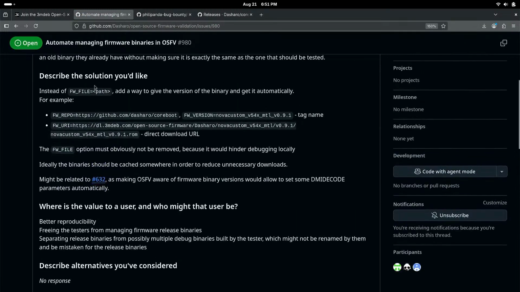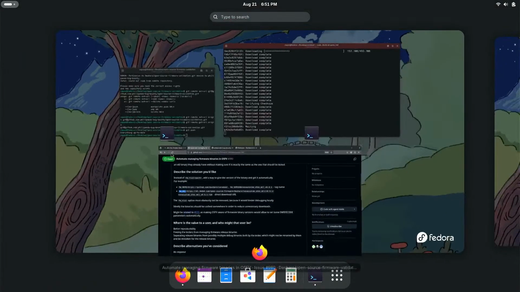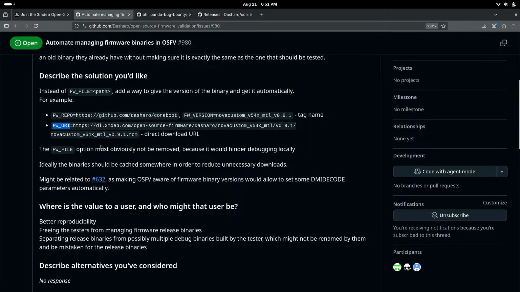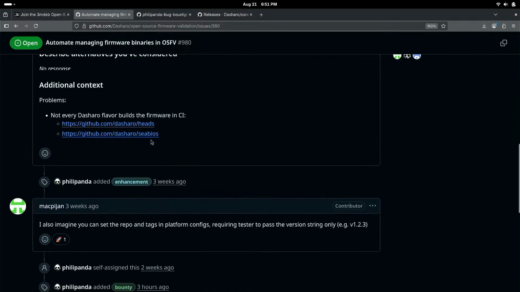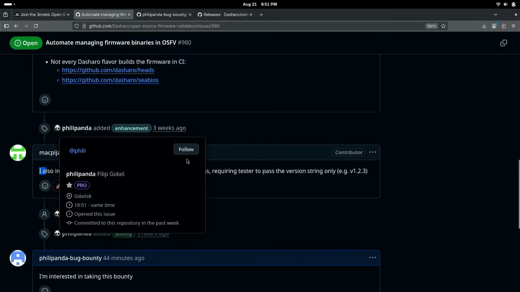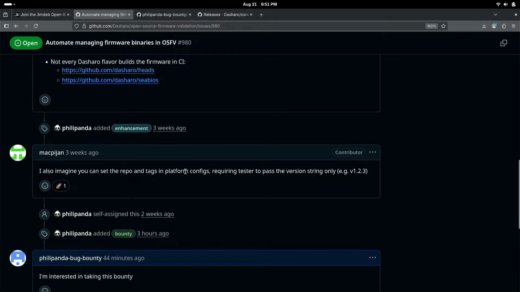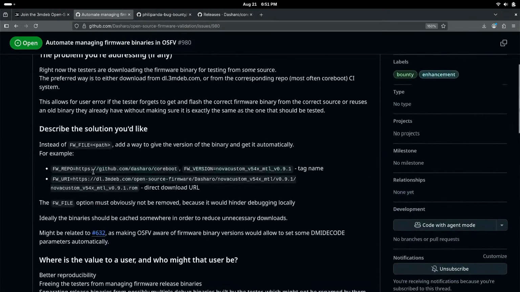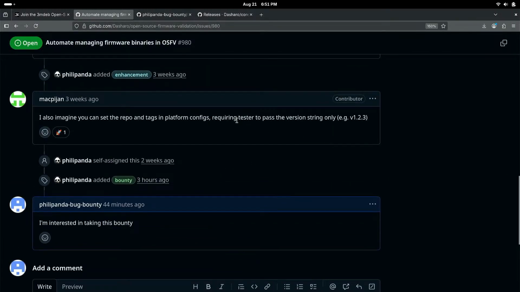Here it is. You'd like to create either firmware repo or firmware version or firmware URL environment variables instead of firmware file, to make sure that the firmware used for test is reproducible. Matspian suggested that we could also define the URLs in the platform configs instead of using environment variables. That might also be a great option, because